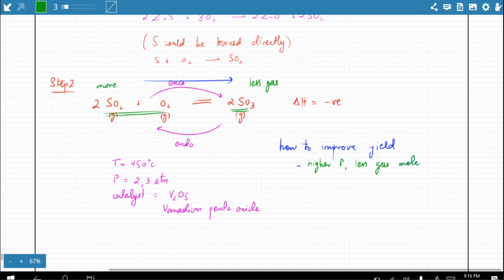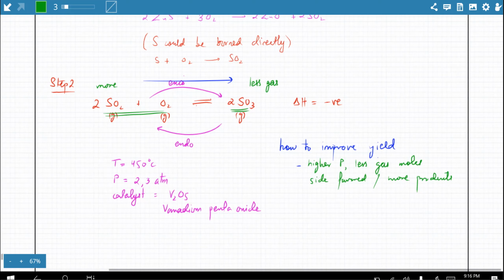So that mole side would be favored, which basically means you're going to get more products. So more products are going to be formed. Is it clear? Iram, is this clear? Sidra? Mahal, is this clear? Yes. Yes.